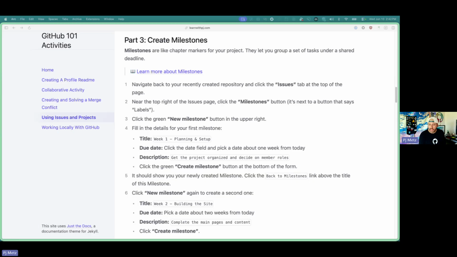Let me check the Q&A real quick, see what's in there. What view templates? I think that got answered. Awesome. Thank you. Make it Copilot Pro. It's Copilot Student for Students.